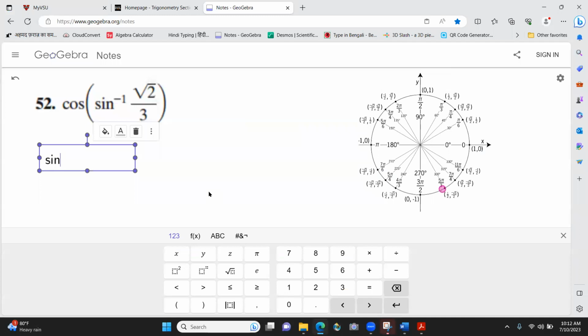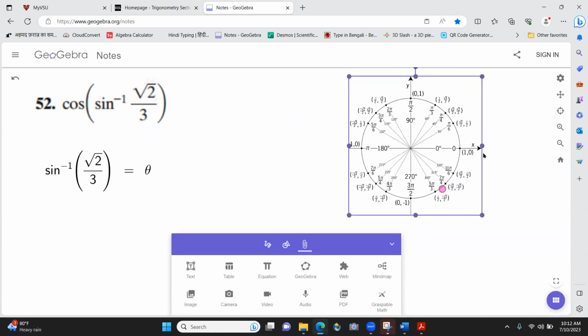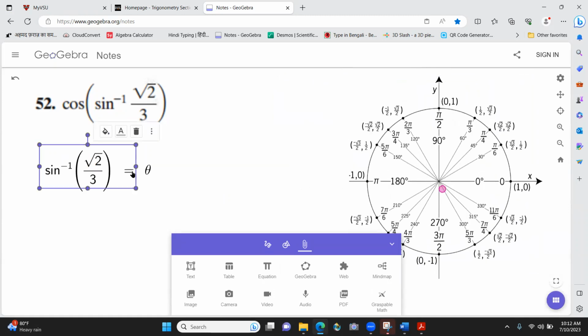I'm going to say sine inverse, and I'm going to say this is theta. I'm going to make it bigger. All right, so guys, based on the definition of inverse function, theta has to be on the right